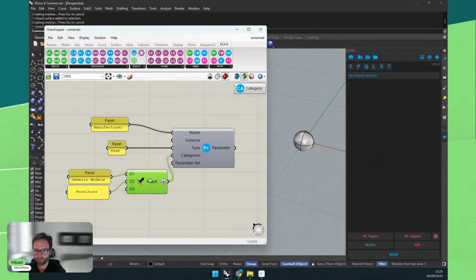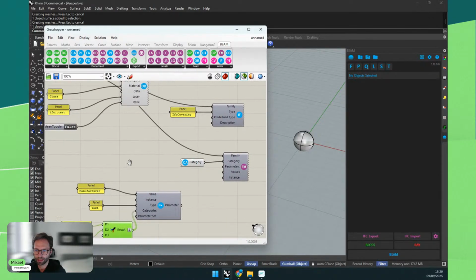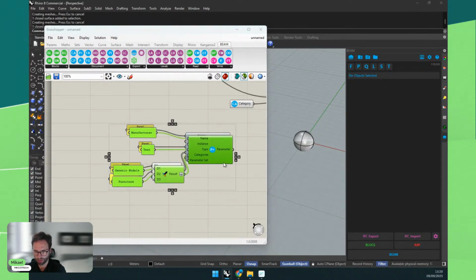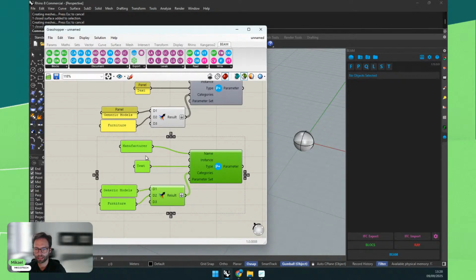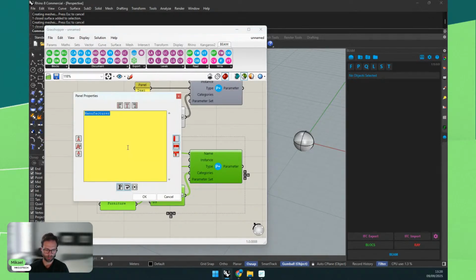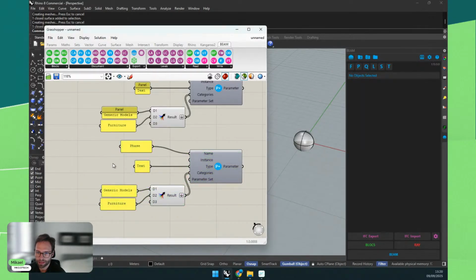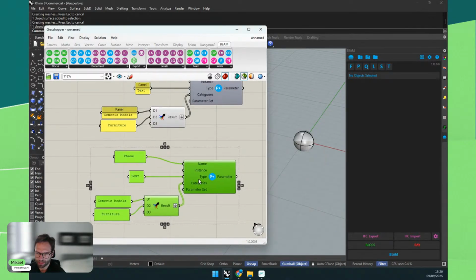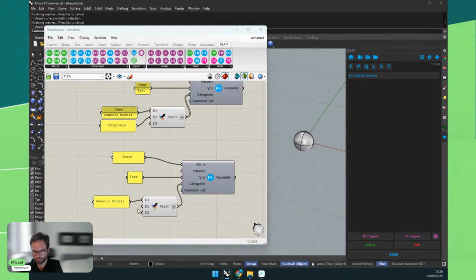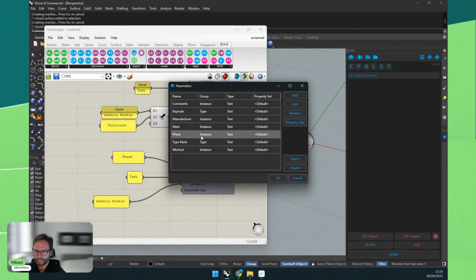Okay, so I created a manufacturer parameter, and now maybe we can create two parameters. Let's create another one that we'll call classification, or maybe scope or phase. Okay, it's called a phase parameter, always text, and available to just generic model, for example. So I can just do this, and I have my phase instance and text parameter added to them.